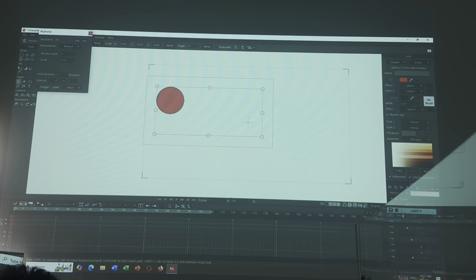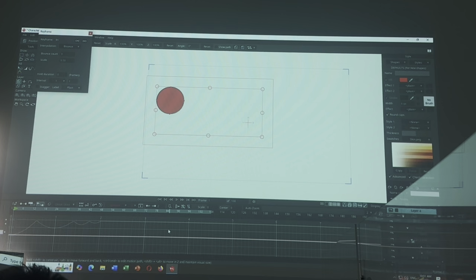And to be able to see it a little bit better, we need to actually see a different shape. So it's still the timeline, but we're going to change the shape to see a little bit better what is actually happening. And you can do that by clicking here on the graph. If you click on this, now it's going to show your animation or your keyframes and the way they behave using the graphs to show you what is actually happening. Now, it might be a little bit confusing in the beginning